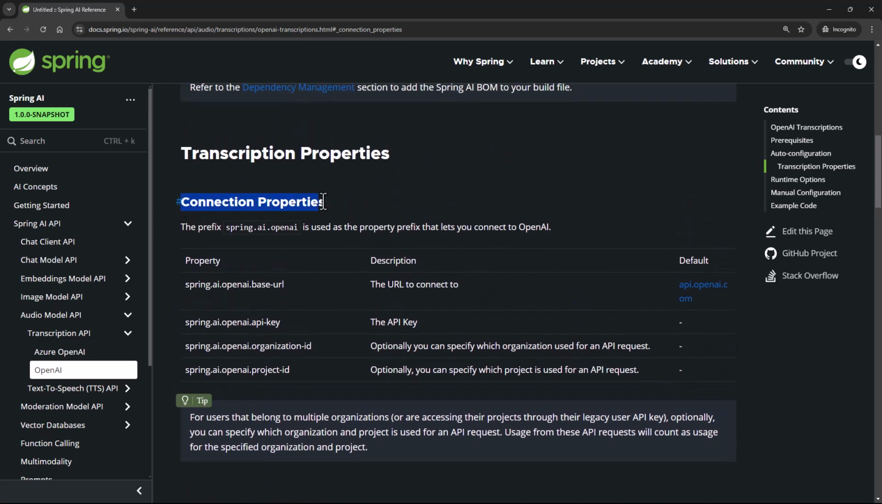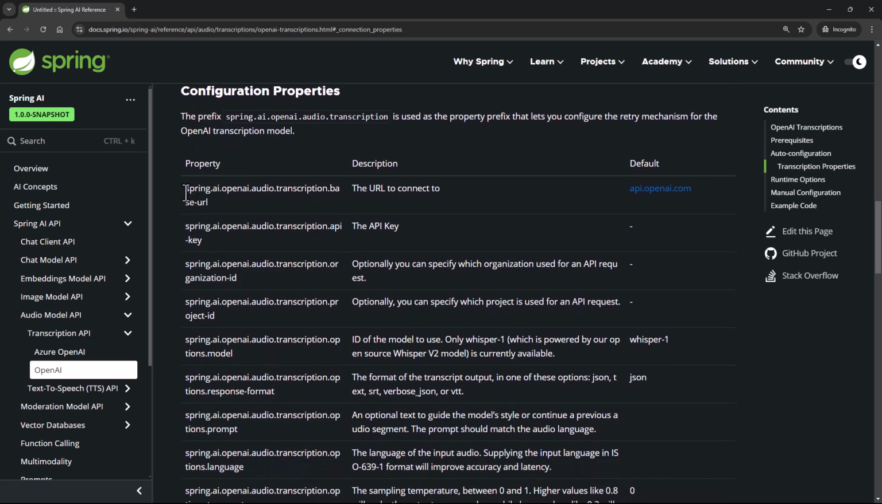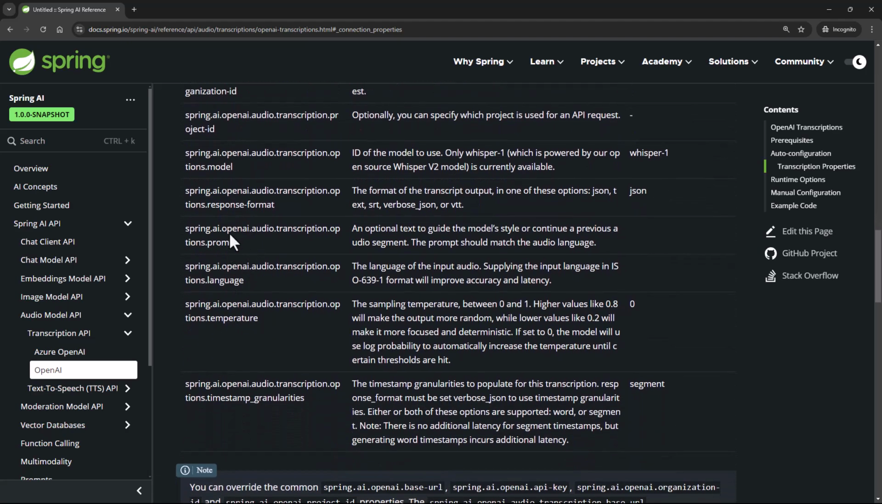Now, if you come over here, there are some properties that they are talking about. These are the connection properties. The base URL is something that we'll have to configure. API key, we have already configured the API key. You can specify the organization ID, project ID, and so on. If you scroll down over here, you will see the base URL, transcription API key. These are all the parameters in case you wish to customize anything. Here you can see spring.ai.openai.audio.transcription